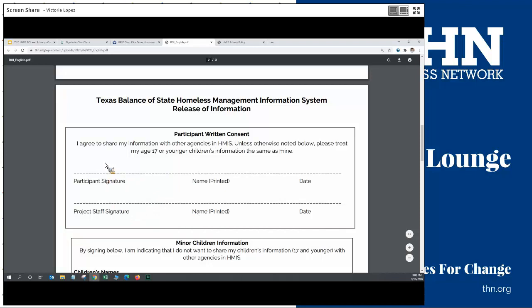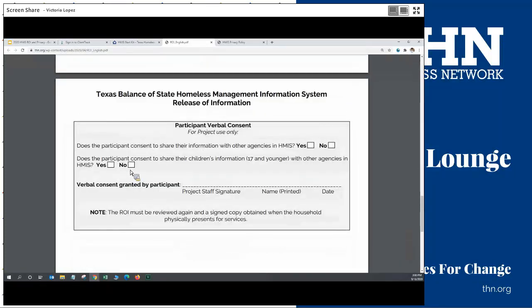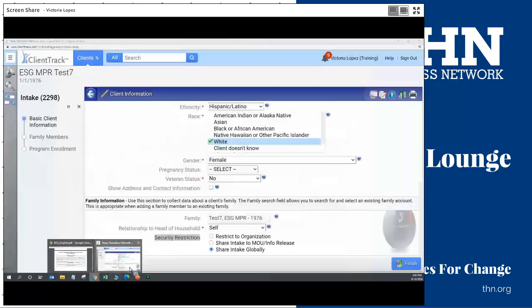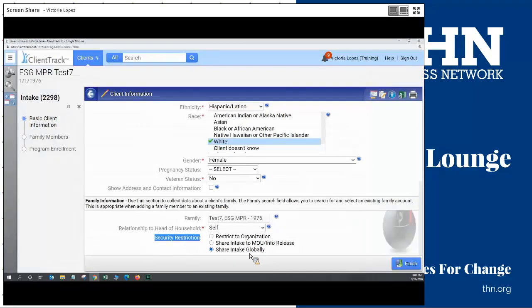So if the client signs on this line that yes, they are willing to share their information, or if you as staff have gotten verbal consent and have signed on this line, then you would leave the default as is at share intake globally. If the client indicates that they do not want their information shared, then you would make the physical change to restrict to organization.